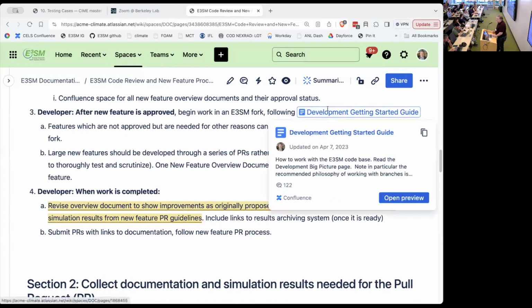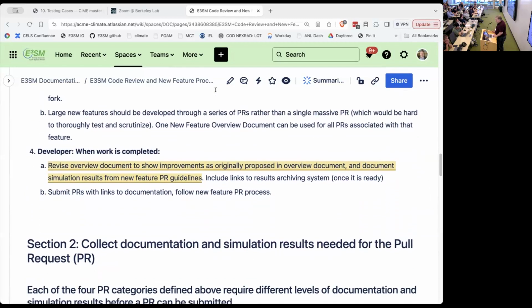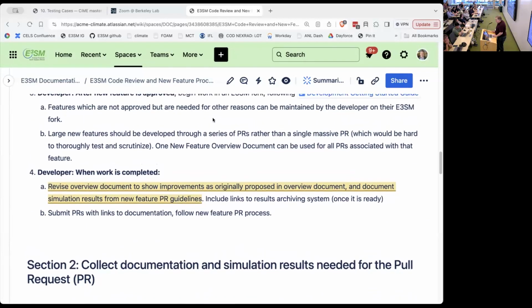And we have a link to our development getting started guide, which goes over how we like to have branches made, how we like to have them named, the commit process, commit messages, things like the basics of using Git to do development in E3SM. And a handy tip, if the feature you're contemplating is very large, a lot of code changes, talk with us about how you might split that up into several pull requests. So you're not making one giant pull request for the new feature for the model all at once.